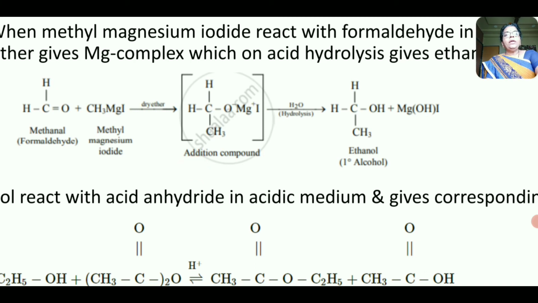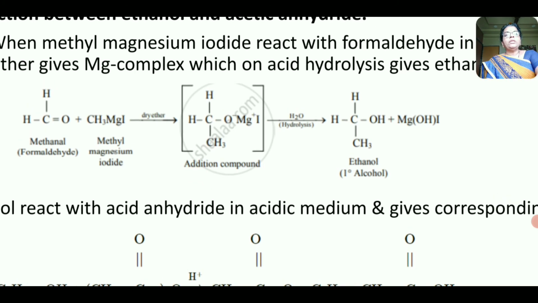That is, here this addition of this CH3 of Grignard's reagent, that is methyl magnesium iodide, takes place across the